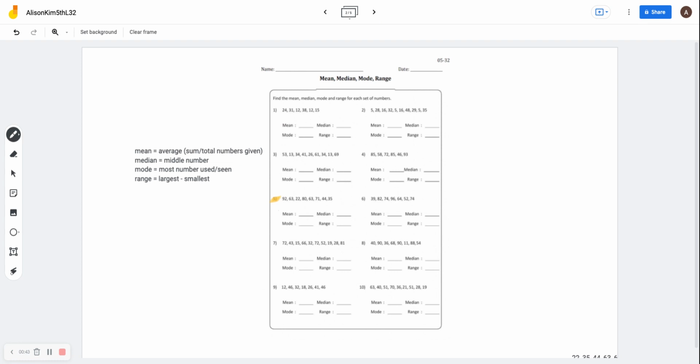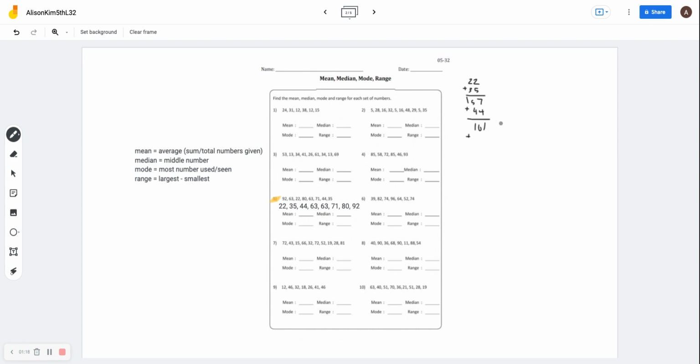So when you're doing mean, median, mode, and range, it's best to put your numbers in order from least to greatest, which I have right here for number 5. So just to get the longest one out of the way, let's do mean. So let's do 22 plus 35, which is 57, plus 44,